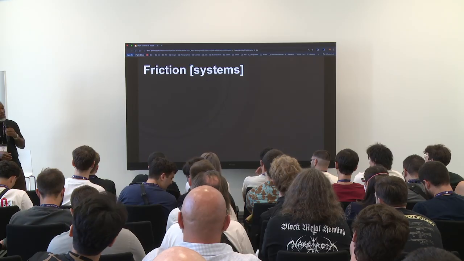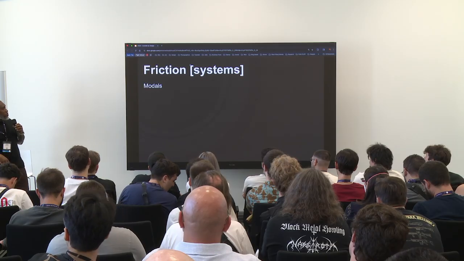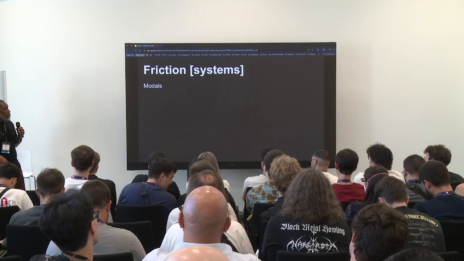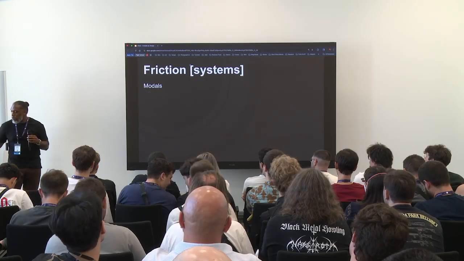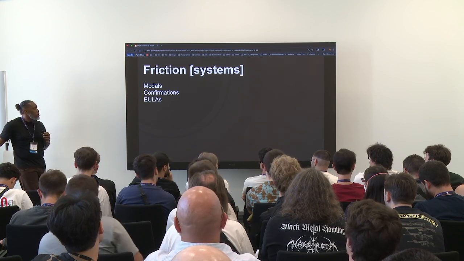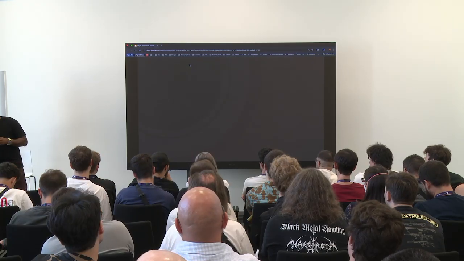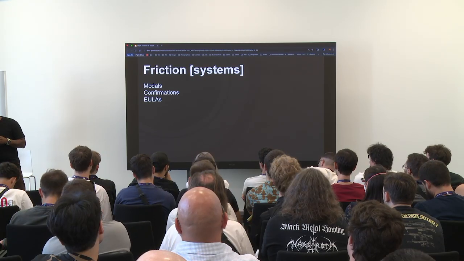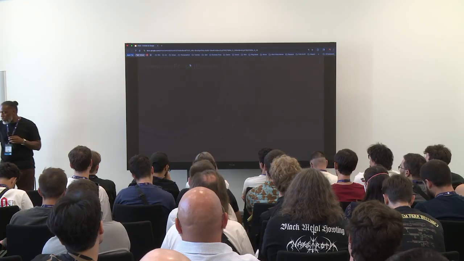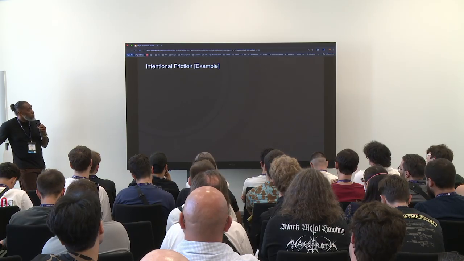Don't tell anybody I said that. But intentional friction is the one that I want to talk about, which can be had with modals, confirmation modals, and EULAs. Some intentional friction as an example.